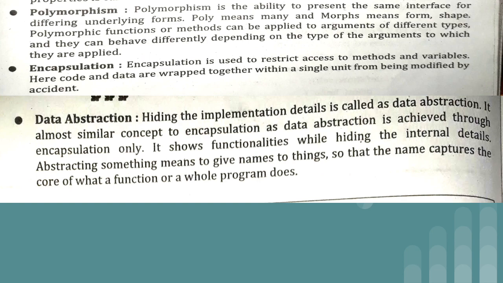If we are using one thing in different forms, then we can say that it is polymorphism. For example, we have method overloading. In method overloading, we use the same method name to perform different actions, different calculations on different data. So it is called method overloading, and that is one of the types of polymorphism.